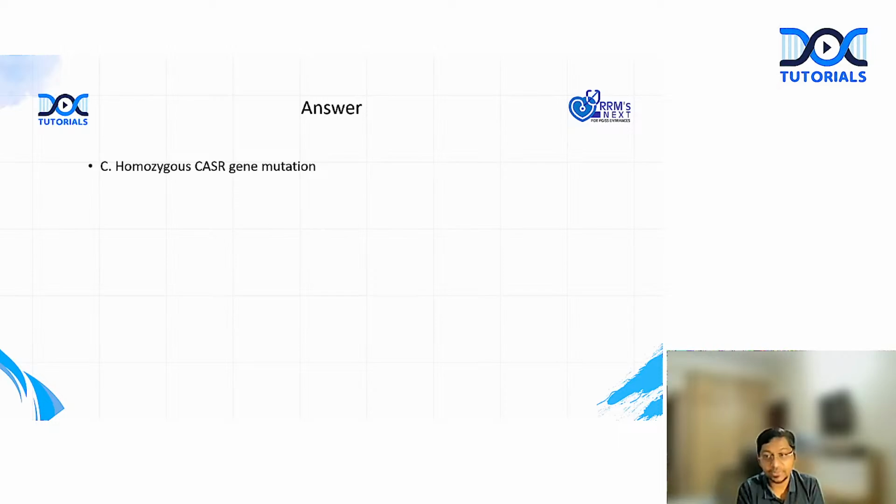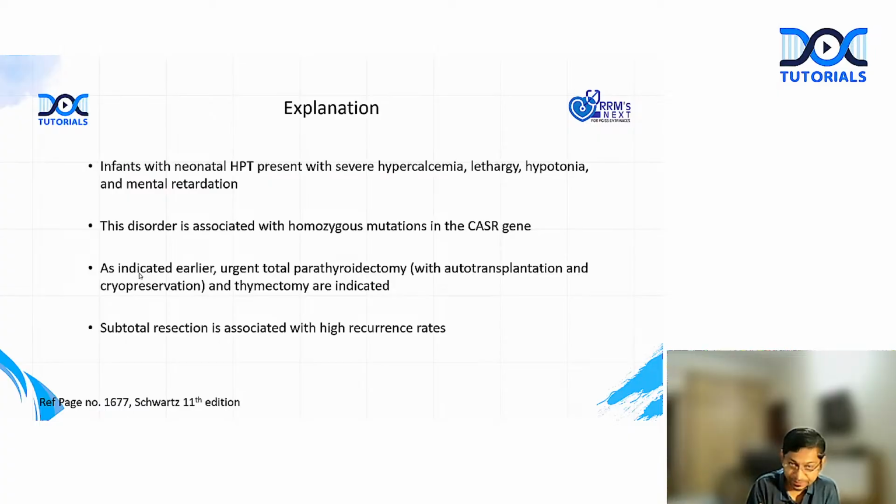Now remember, they've also given us family history of 2 individuals who probably had mild hypercalcemia. So the same mutation, if you inherit in a heterozygous fashion, then it results in mild hypercalcemia, and it results in the syndrome known as familial hypocalciuric hypercalcemia, or FHH. So in neonates, when they have this homozygous form of this CASR gene mutation, it results in severe hypercalcemia and morbidity. So they may have lethargy, hypotonia, seizures, mental retardation,